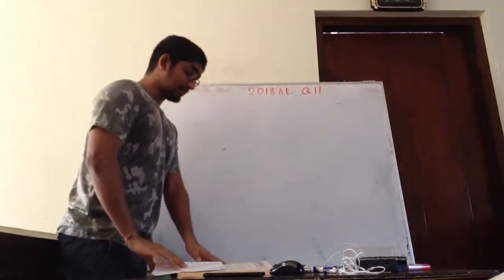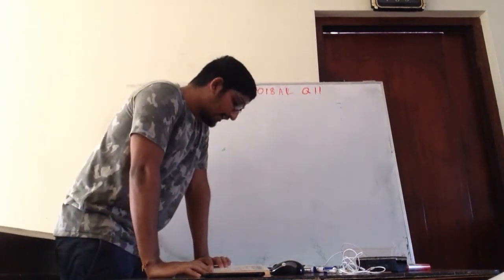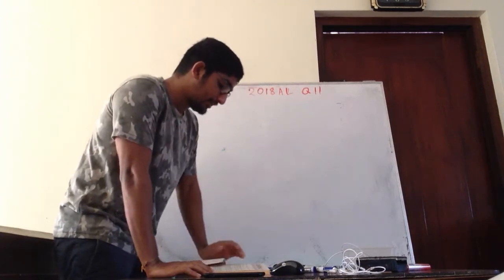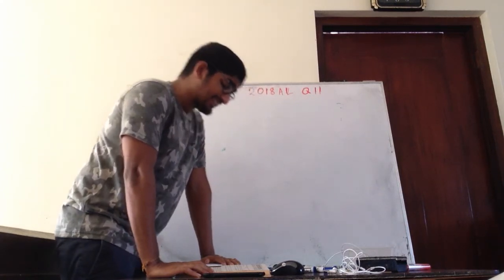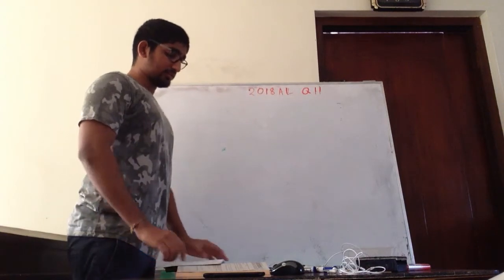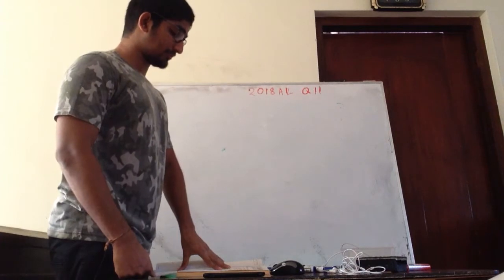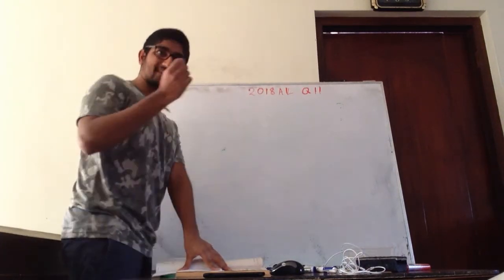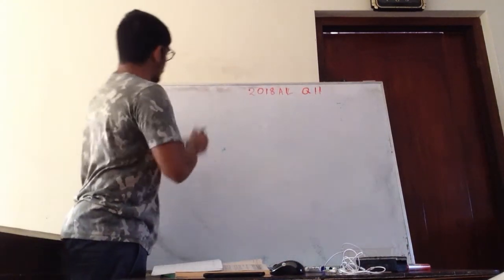Right. So question number 11 says, let a, b be real. Write down the discriminant of the equation 3x squared minus 2(a plus b)x plus ab in terms of a and b. Hence, show that the roots of this equation are real. Okay. So now what is the equation given?